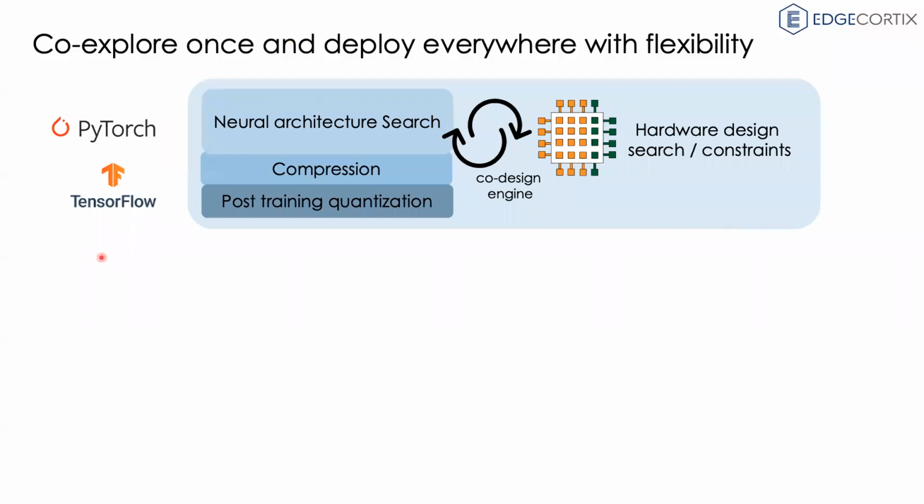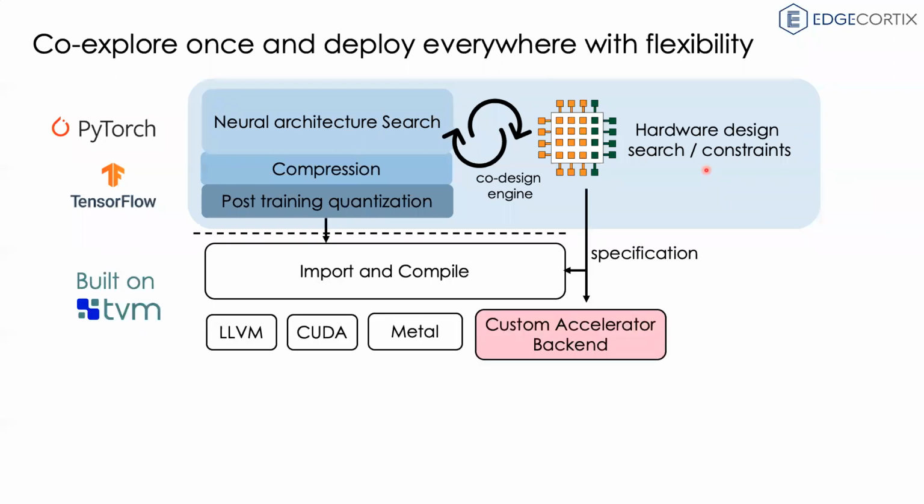So in this case, you would start with a deep neural network framework like PyTorch or TensorFlow, current generation state-of-the-art deep neural network frameworks. You would essentially perform, as part of an automated co-design engine, your neural architecture search as well as your hardware design. In this case, you could add your constraints in terms of your chip area, your latency requirements, your memory requirements, as well as your requirements in terms of precision, and search that space collectively. Having searched that space, once you compress and potentially quantize these models, meaning that you reduce your precision by a certain amount, you can essentially pass this off to a compiler.